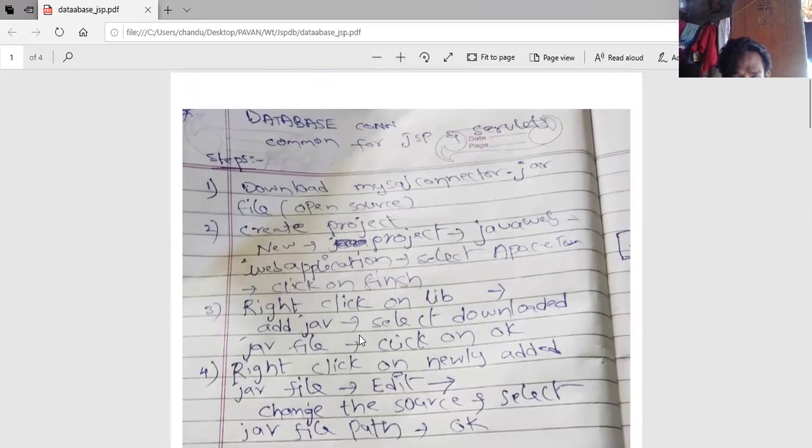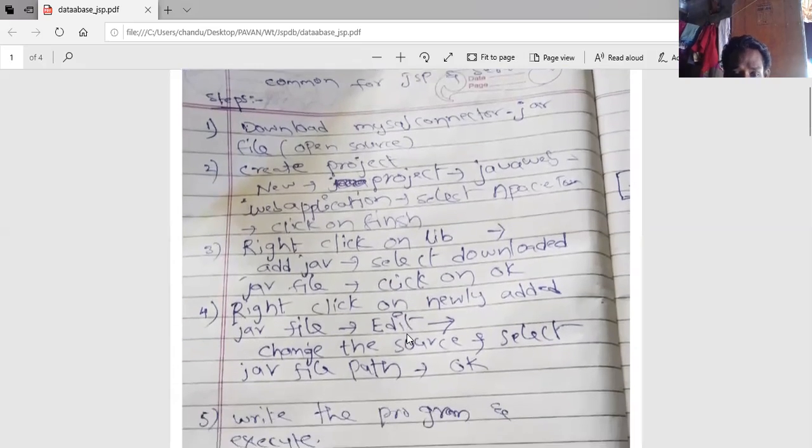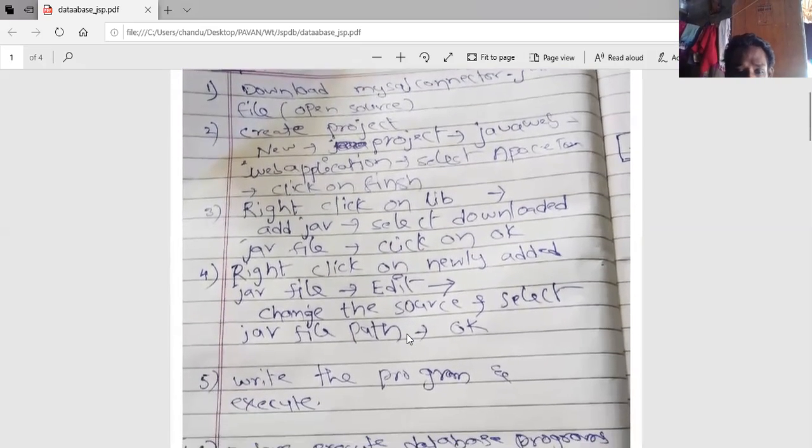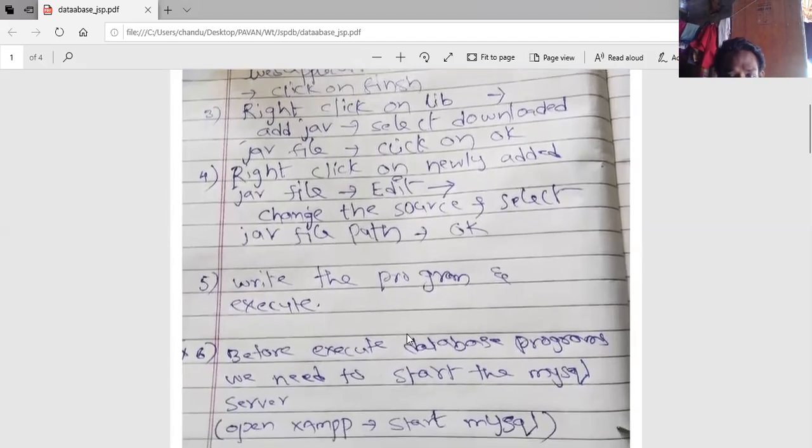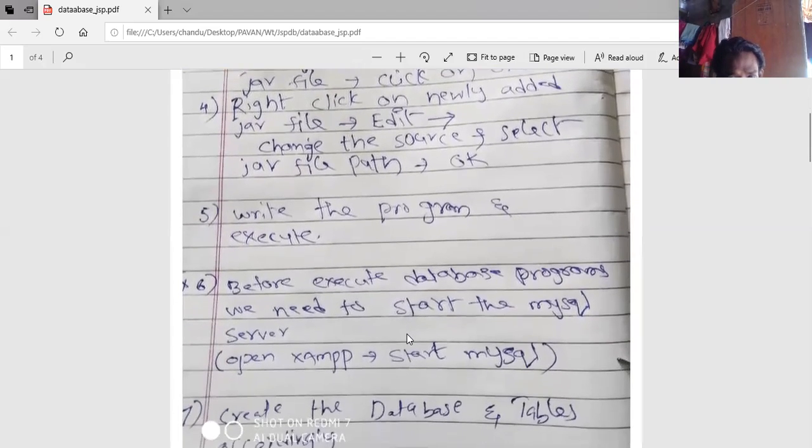How to add the jar file? Right click on your project, right click on the libraries, add jar file, select the downloaded jar file. After adding the jar file, edit the jar file. How to edit the jar file? Right click on the newly added jar file, go to edit, change the source, and select the newly added jar file. Then write the program and execute the program.